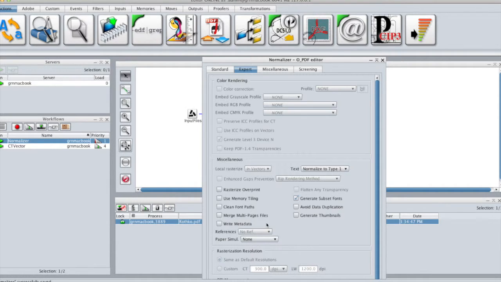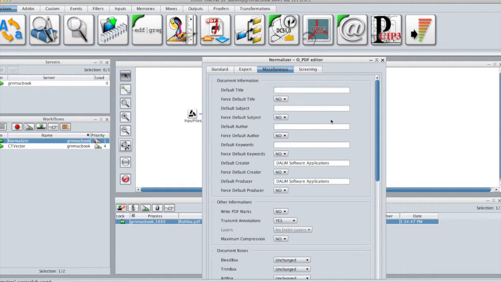The other option that you can play with to reduce the size of the file is the Generate Subset Fonts, but it will depend on the document you will process. In case of single-page PDF or PDF that do not contain too many pages, you can turn this option on without problem. It will always be good and can only reduce the size of your file. But if you mainly process big multiple-page PDFs, we recommend to turn it off. Otherwise, you may get a file bigger than the original one. So this option really depends on the number of pages your document contains.